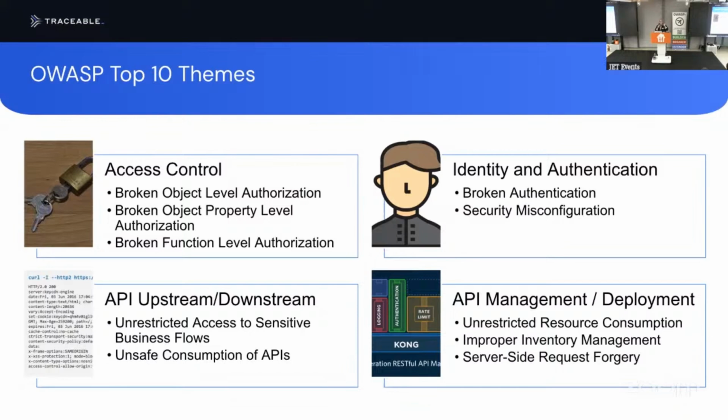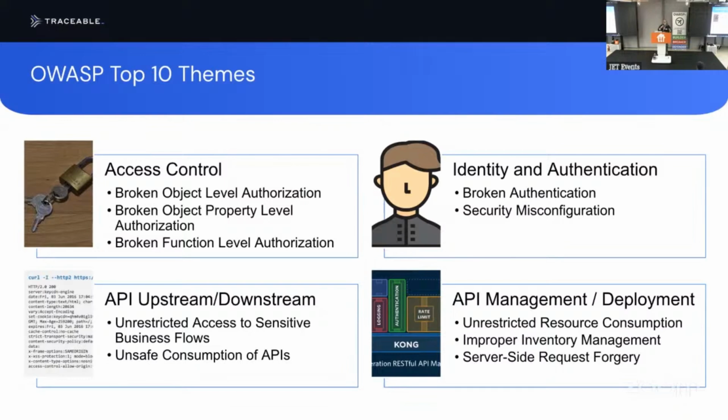We then have API upstream and downstream. So this is really something that is unique to APIs. Although most people call it business logic errors, fundamentally what it is, for some reason the flow either into your API or out of your API is interacting with another system. So think about, if I have a payment API that allows for negative payments, if you actually give me the money, that's a flaw in potentially either the API for the payment provider like Stripe, or that's a problem in your business processes of how you handle payments.